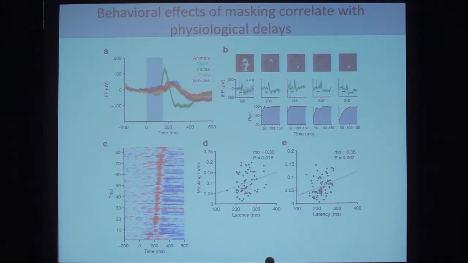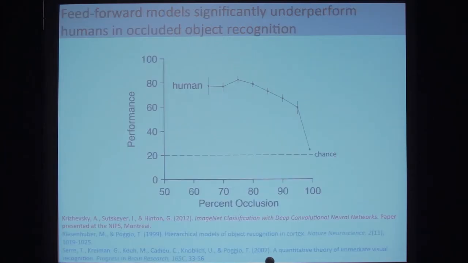Bear in mind that we do this across different subjects. So we have physiology data in one group of subjects, and we did these psychophysics experiments in another set of subjects. Despite these limitations and these differences, it turns out that there's a weak but significant correlation between these two worlds, what's happening inside the brain and what's happening at the behavioral level. Essentially, when a particular object was more impaired at the behavioral level by masking, it was also more delayed at the physiological level. And that's what these scatter plots are showing here.